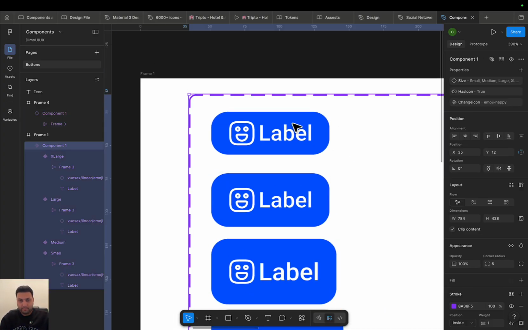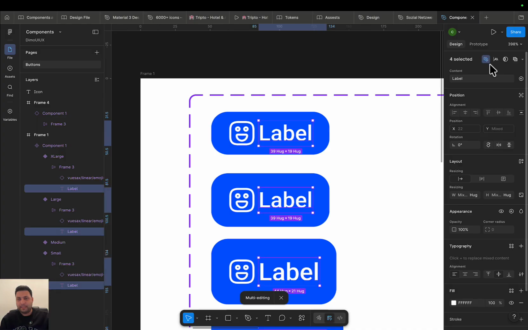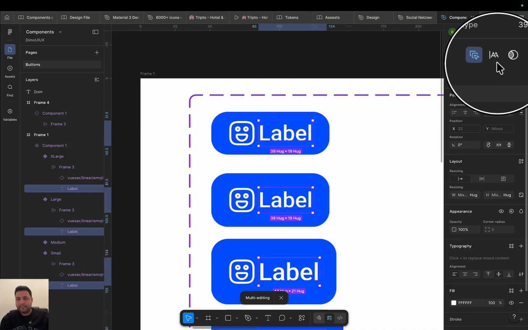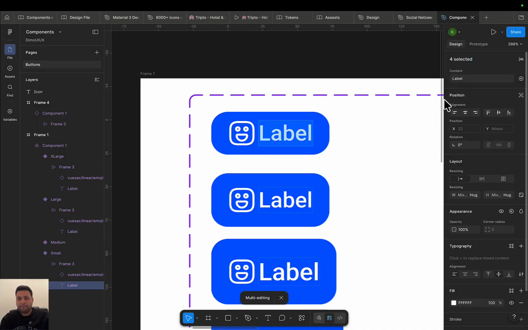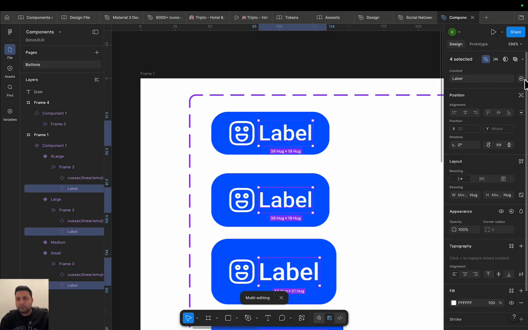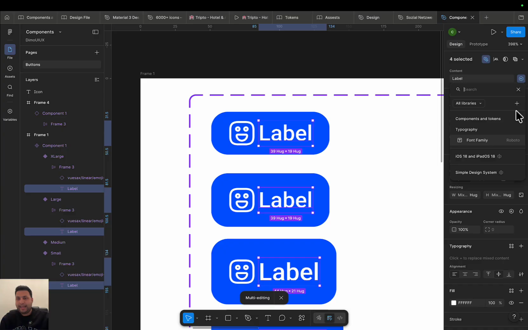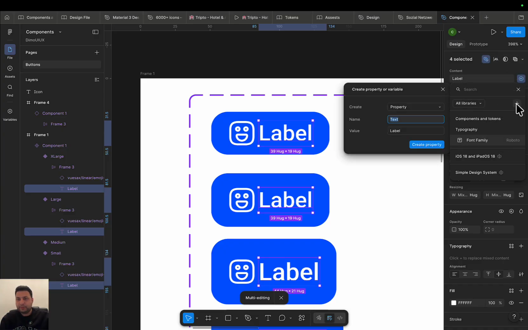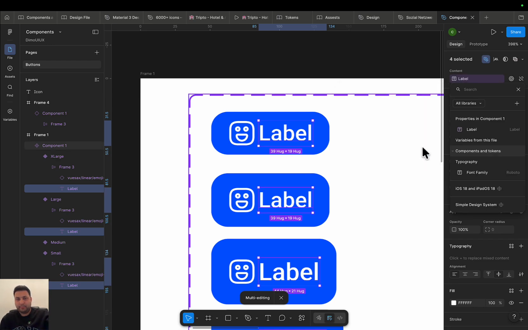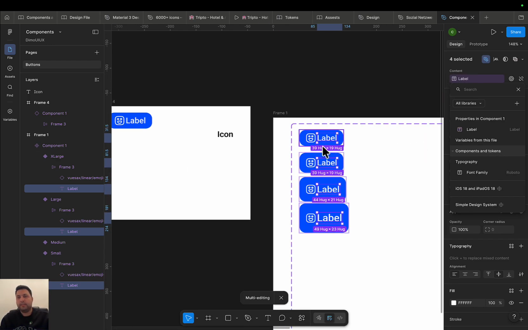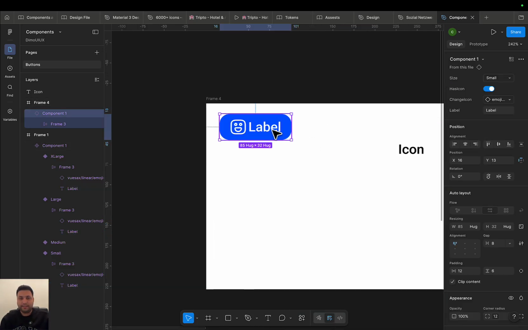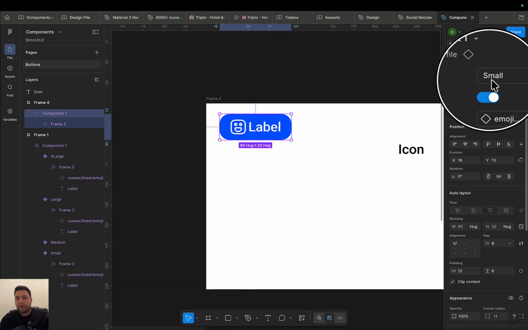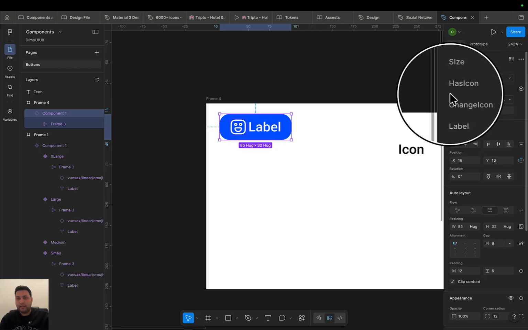And also for text, we can do that. Select it, multiple. Then here, click on this icon, sorry, this icon. Click on that. Add here another property. We write, for example, the name of that is label, and then label. Up to here everything goes well. So if you click on this component, on the right side you can see size, has icon, change icon,